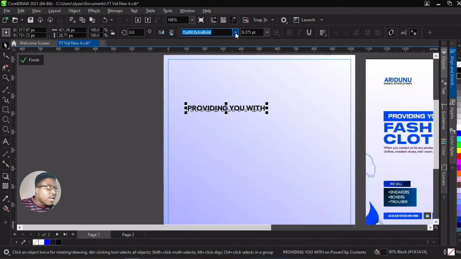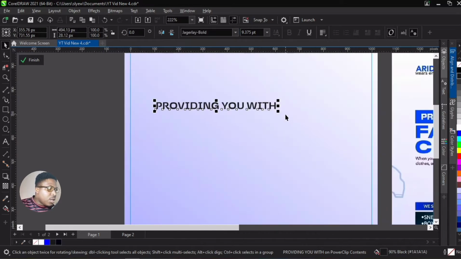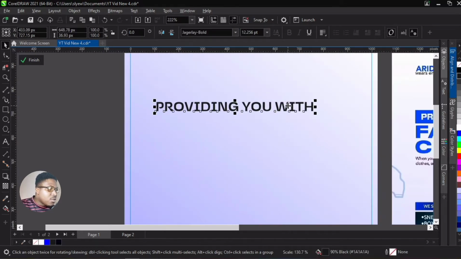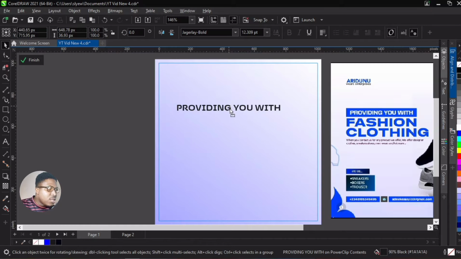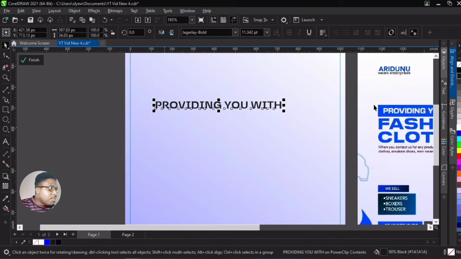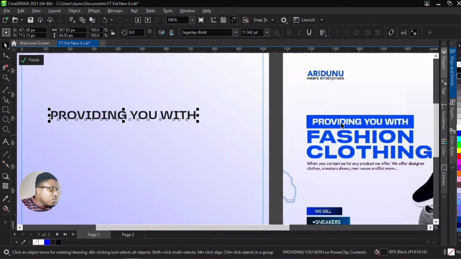So I'm just going to go over here and I'm going to search for Jaggly. Okay, so I've been able to get my Jaggly font. So now I'm just going to adjust it properly. Then the next step is to draw out a rectangle, which you'll be using for the enclosing of this